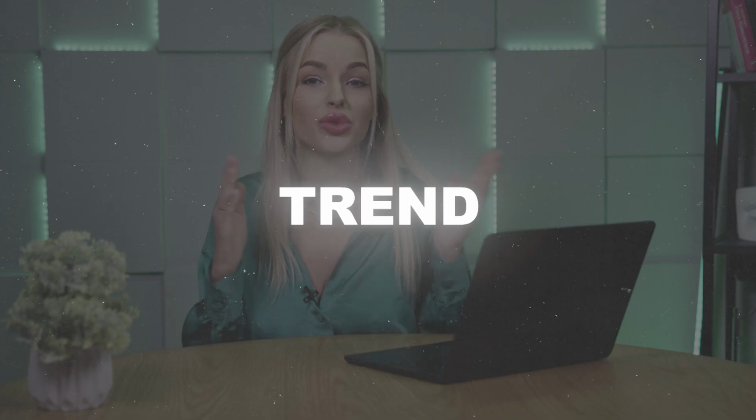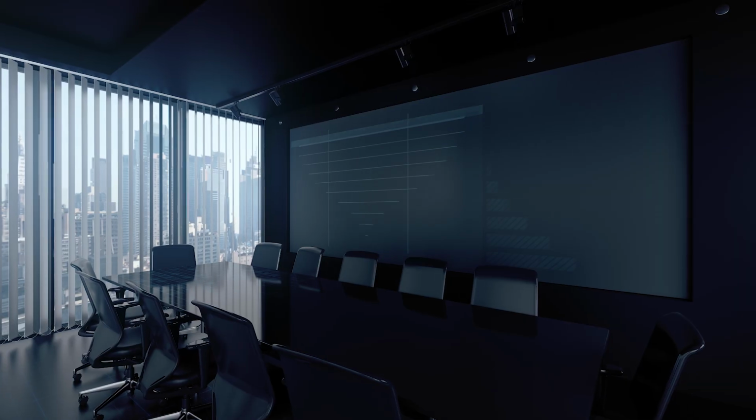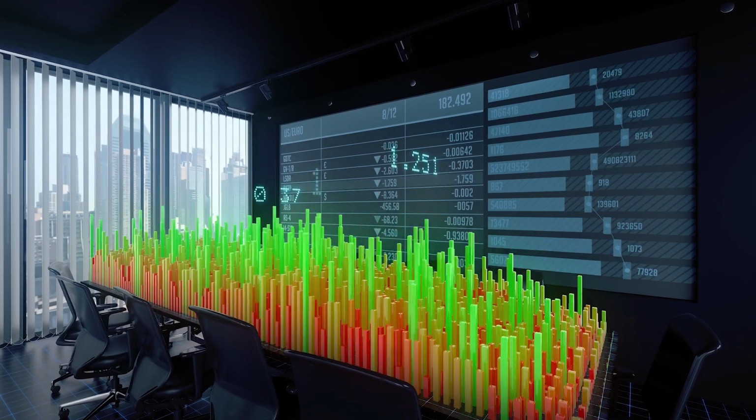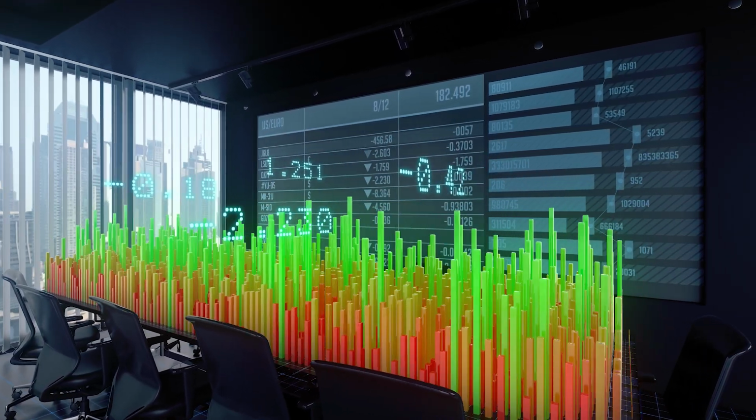Again, I remind you of the 3 points: trend, intersection, and approach. All of these work the same way here. Now we understand how this strategy works. It's time to test it in real trading. It's always exciting because you can never be sure how a particular system will behave and how much profit it